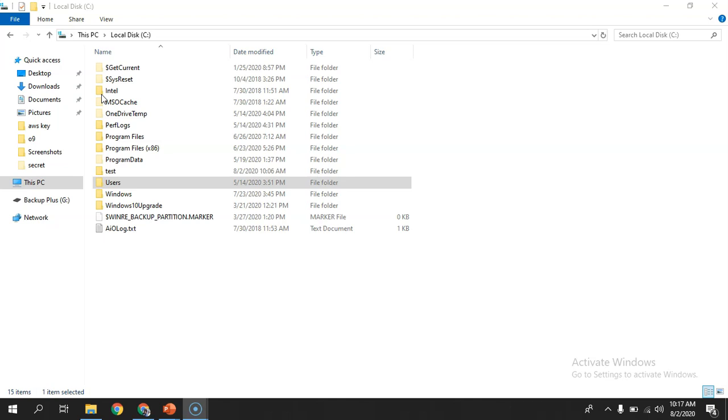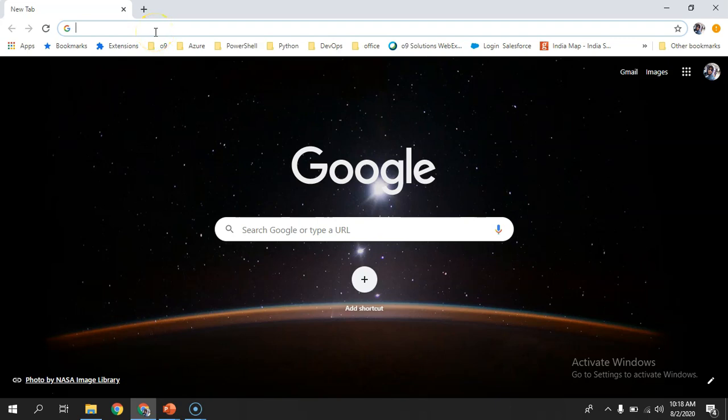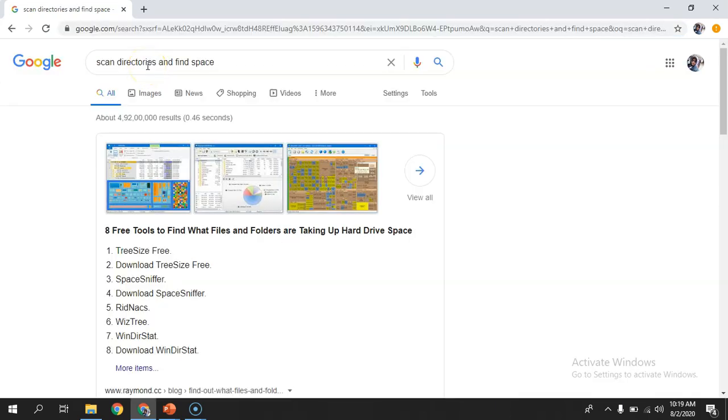And then writing that script also needs certain skill, right? So I'll give 0 marks for those who choose to right click on each folder and check the disk utilization, and I can give 5 marks for those who choose to write a script. But 10 out of 10 will go to those who go to Google and look for the tools available to help in this task.